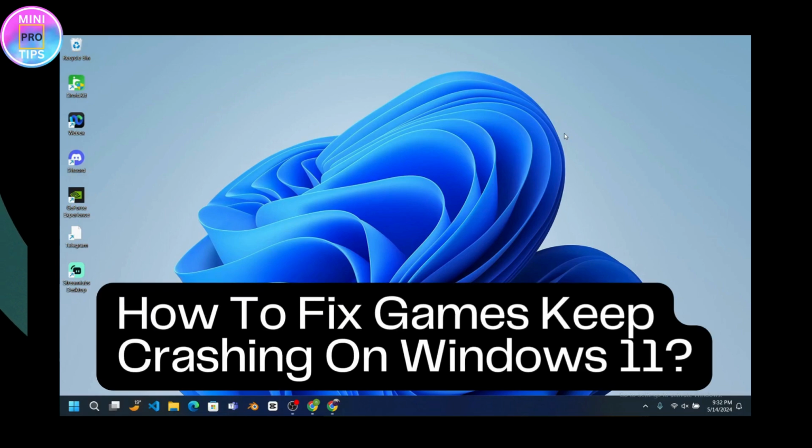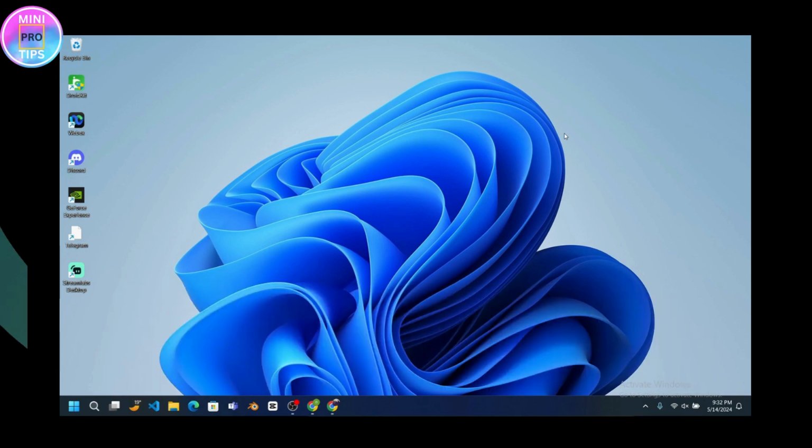How to fix games keep crashing on Windows 11. So if your games keep crashing on Windows 11, then what you need to do is first you need to